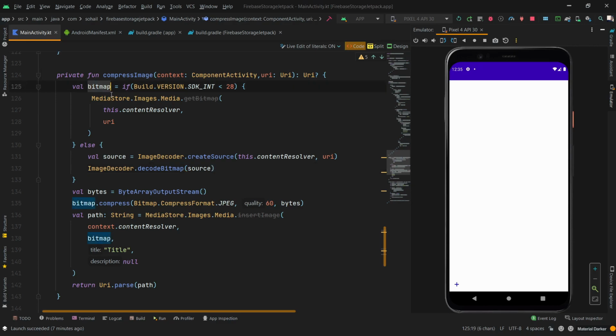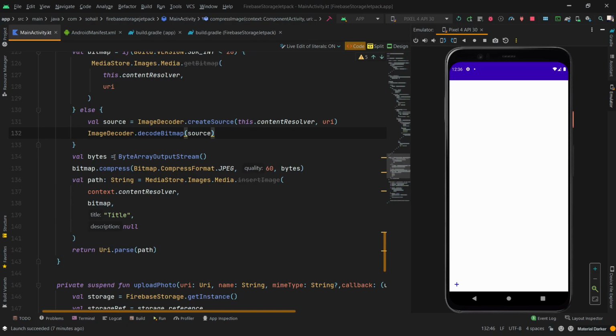And here we are going to save this. Once that is done, we are declaring a variable called bytes, which is of type ByteArrayOutputStream. And then bitmap has itself a compression function called .compress, where you need to provide the type of image, the quality you want it to have, and the bytes. Next,